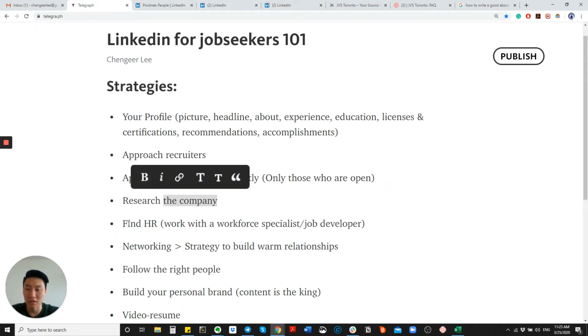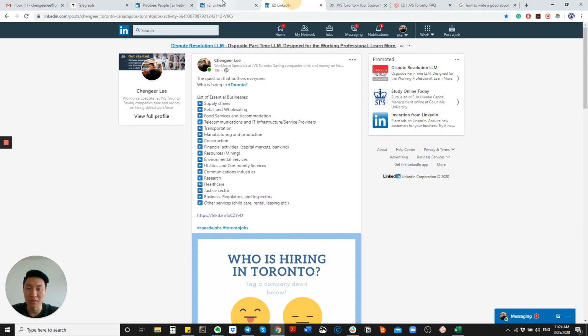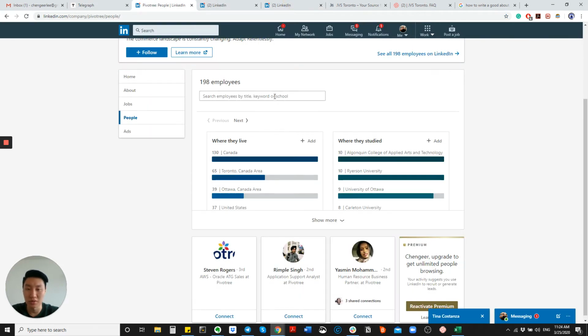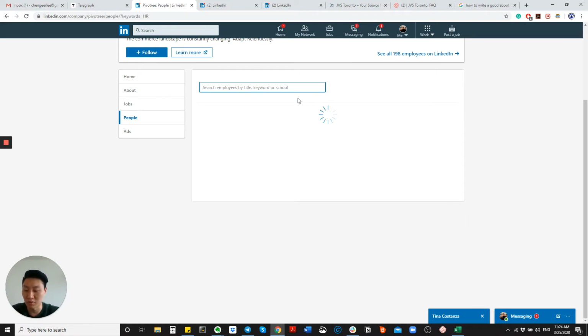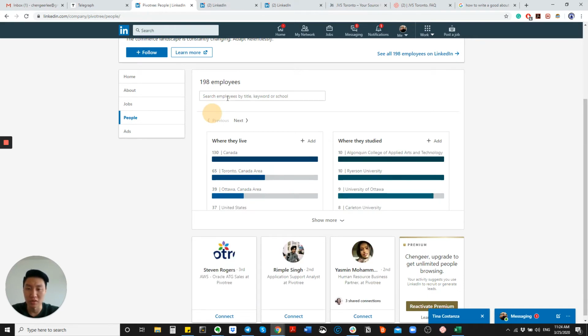And the next strategy is to find an HR person. This is especially important if you work with workforce specialists like myself or so-called top developers, right? Find the HR people there. So, this is how you do it. You go to the company, go to the People tab, and just type HR, and you see what kind of HR specialists are there.